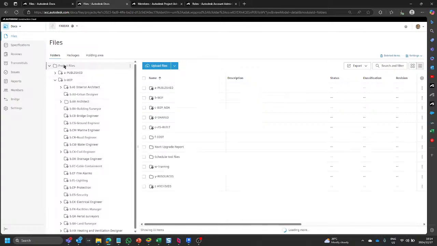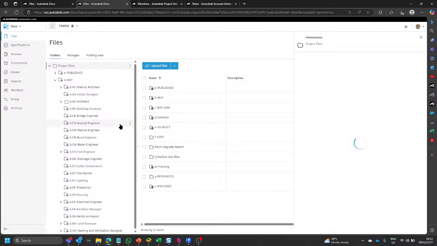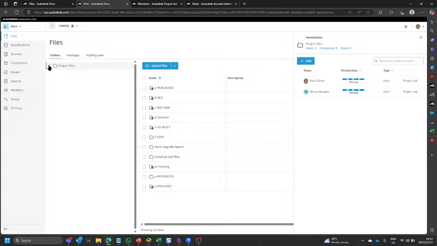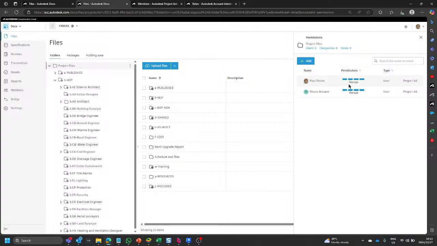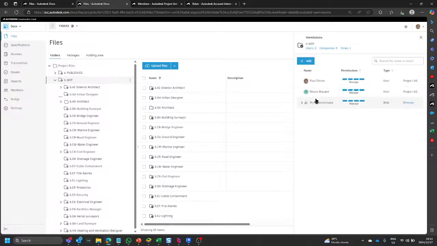So on a projects file level, if we had to look at the permission structure, on the right hand side we've got 2 project administrators at the moment. These permissions are inherited all the way down the tree. So for every file and every folder into project files, these individuals will have full control. And that is inherited into subfolders. So where you can see project administrator